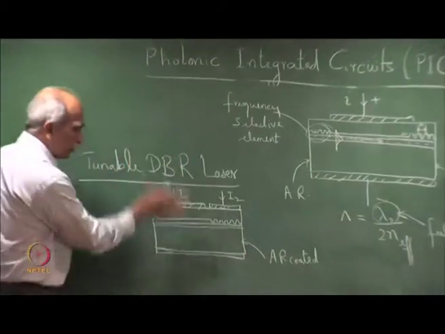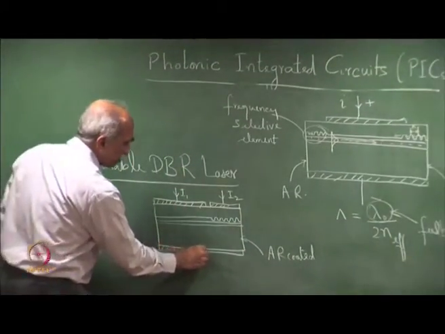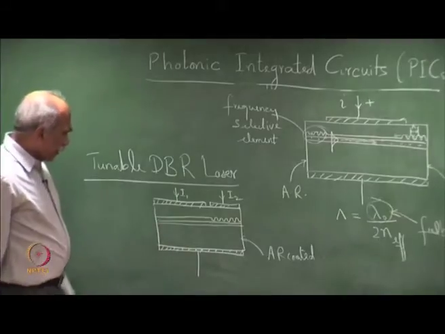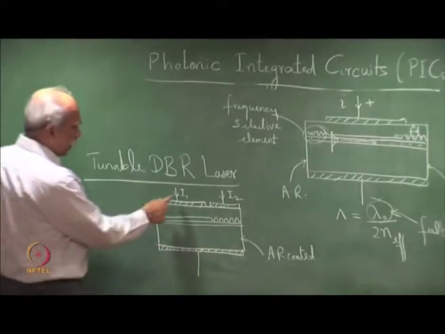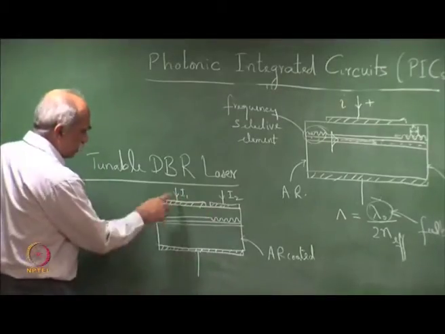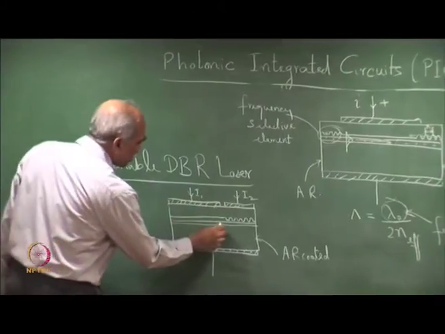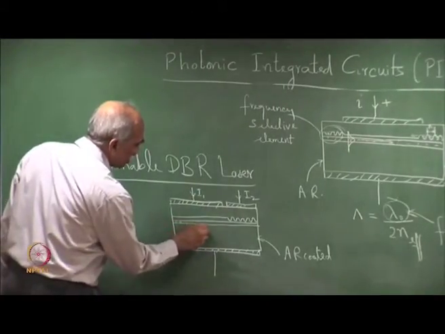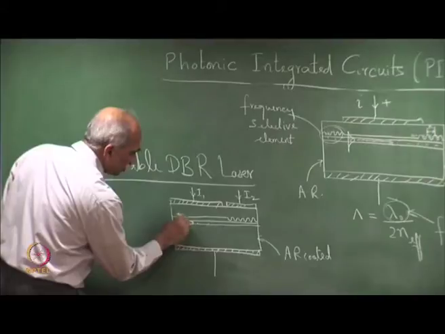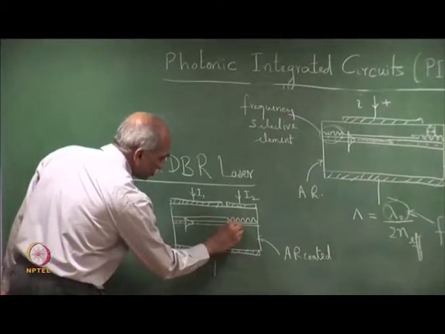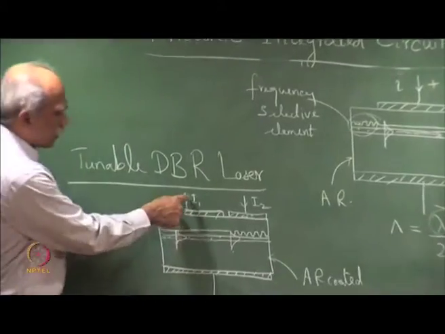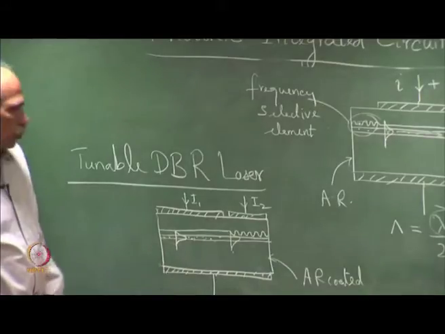Again, a longitudinal cross section of the device. This is what we had already discussed. And here we have a device where we have two currents passing through the same device. There are two electrodes. The current I 1 primarily determines the gain here. This is the active region, and the mode propagates through this structure. The current I 1 controls the gain of the active region and hence the power output, whereas